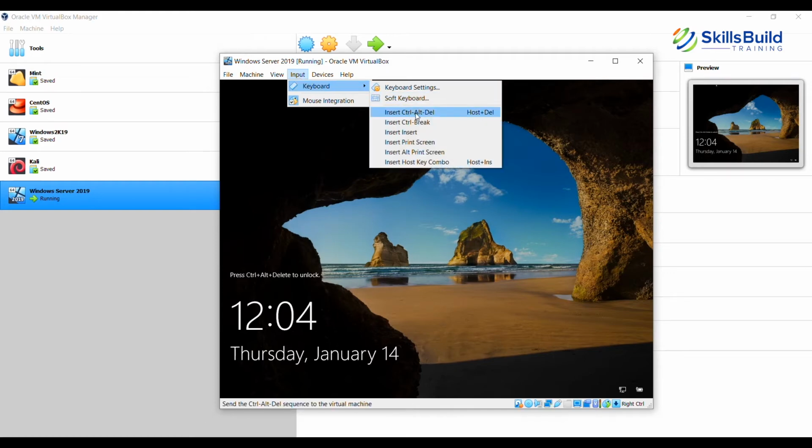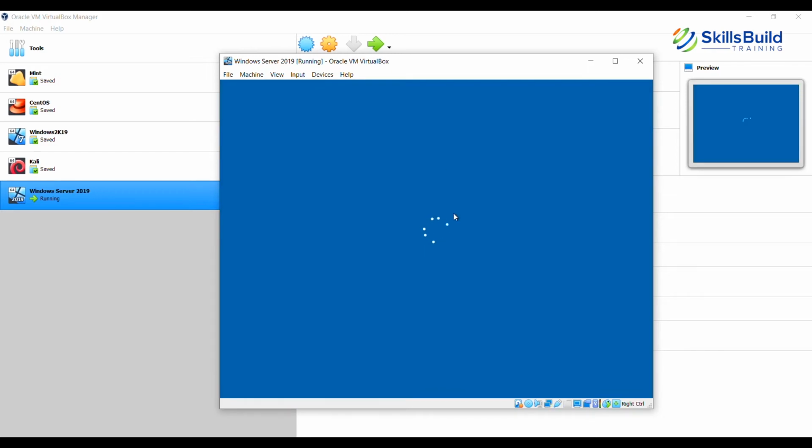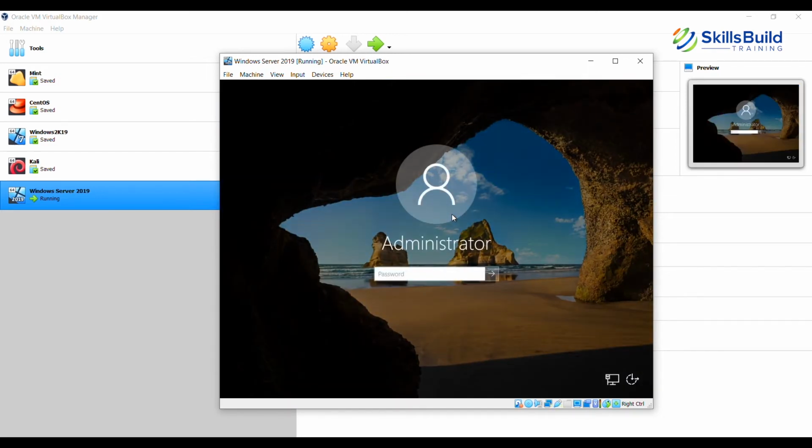I need to send the Control Alt Delete, or from the keyboard I can simply use the Ctrl and Del keys, but here I will choose this particular option. So there you go. It should prompt me for the administrator password, so I am going to provide it and press enter.